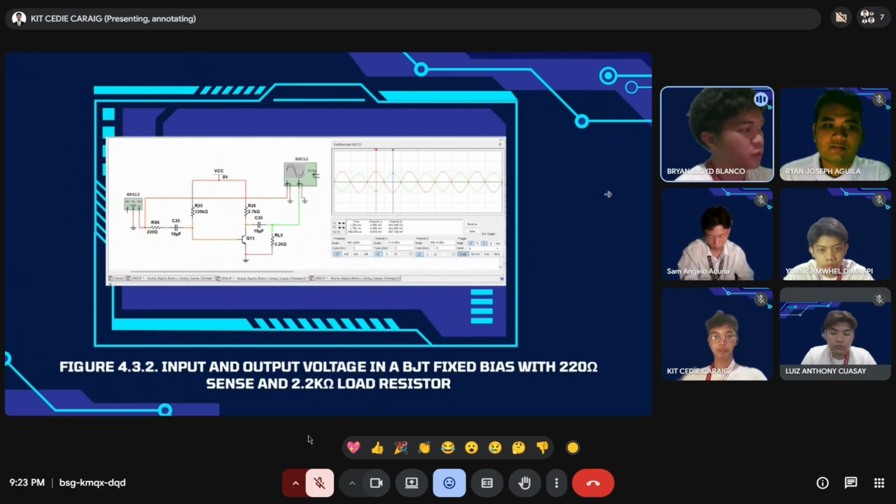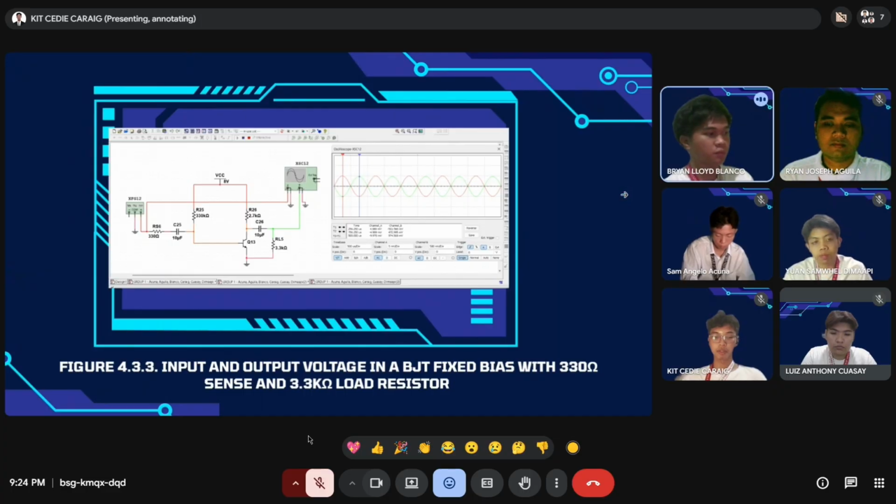For the figure 4.3.2, doing the same steps as in 4.3.1, dividing both, this is a notable jump from the first configuration. The larger load resistance enhances the output voltage swing to a degree that outweighs the attenuation caused by the increased sense resistance, resulting in a net improvement in gain. Next,